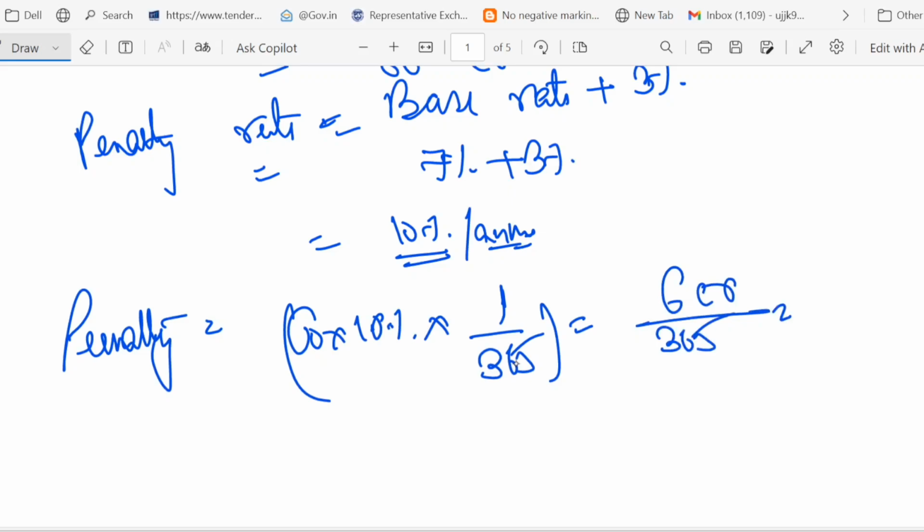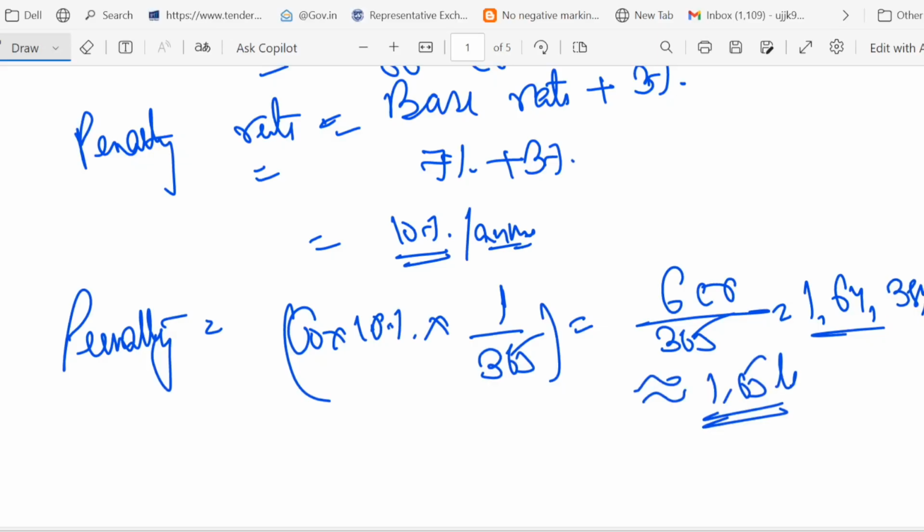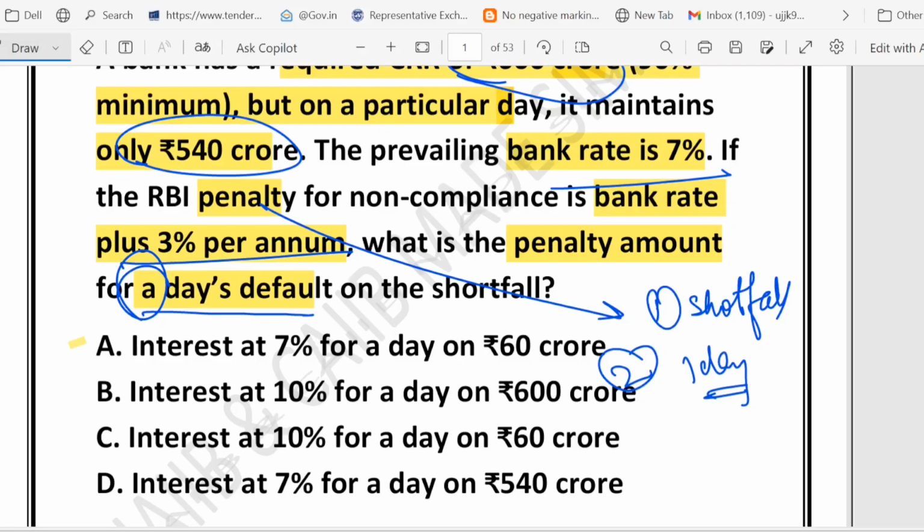So approximately if you get the value, it will be 1,64,384, or we can say 1.65 lakh, right? For that day. So if you look at the options that we have, option number A says interest at 7% on 60 crore. What is option number A saying? See, this is the wrong rate, right? Why? Because the penalty rate is bank rate plus 3%, so